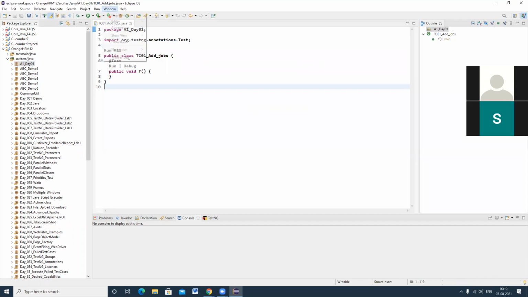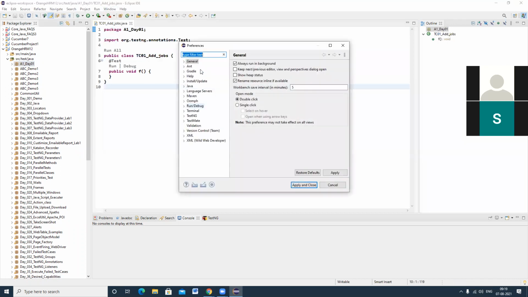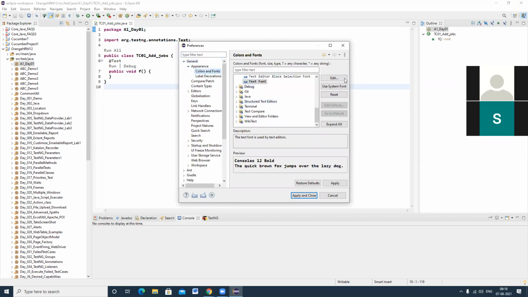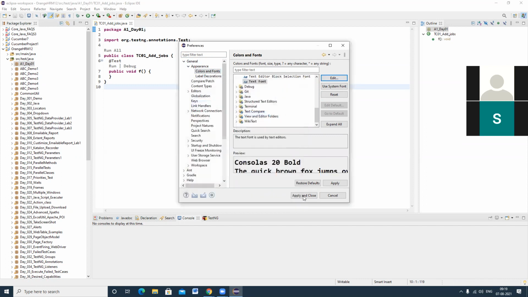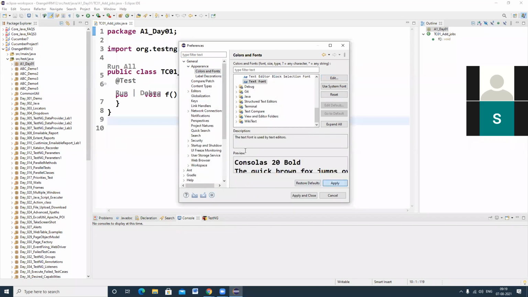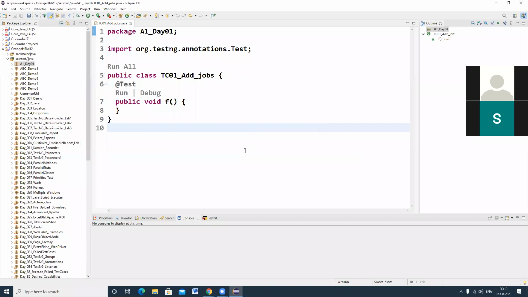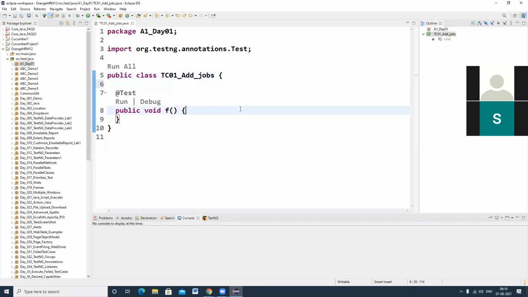Okay, let me increase the font size. I have created TC01 add jobs. So just give enough spaces.